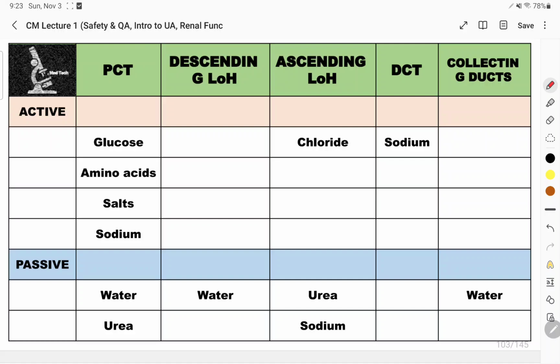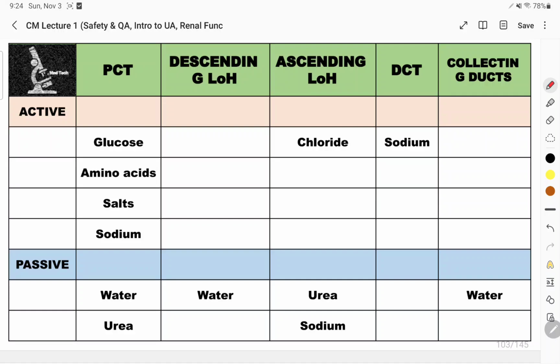On your ascending loop of Henle, your chloride is actively reabsorbed. And your sodium in DCT is also actively reabsorbed. Okay? And in your PCT, your water and urea are passively reabsorbed. In the descending loop, water is passively reabsorbed. In the ascending loop, urea and sodium are passively reabsorbed. And in the collecting ducts, passively. So if you can observe here on our table, kung makita ninyo ang